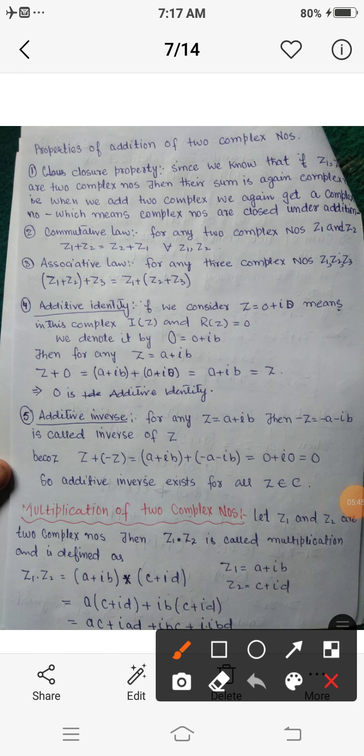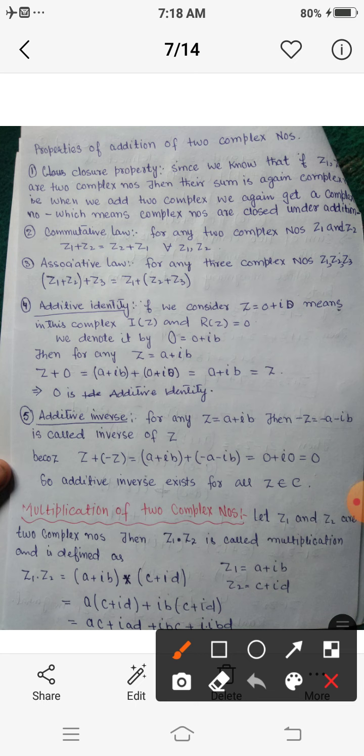Now, properties of the addition of two complex numbers. You know the closure property: the set of complex numbers is closed under addition, that is, whenever we add any two complex numbers, the resultant is again a complex number, or their sum is again in the set of complex numbers. Similarly, under subtraction it is still closed, because the difference of two real numbers is always real. That is why the difference of two complex numbers is always a complex number, hence the set of complex numbers is also closed under